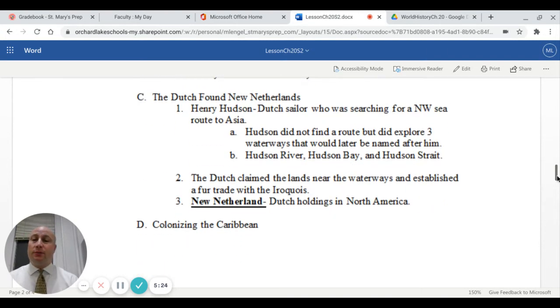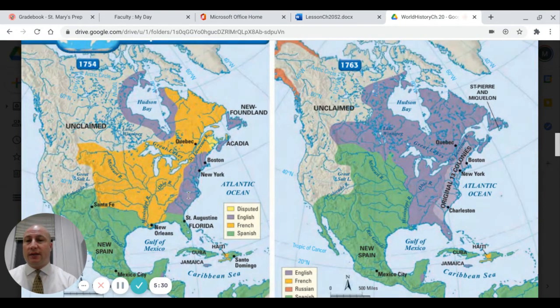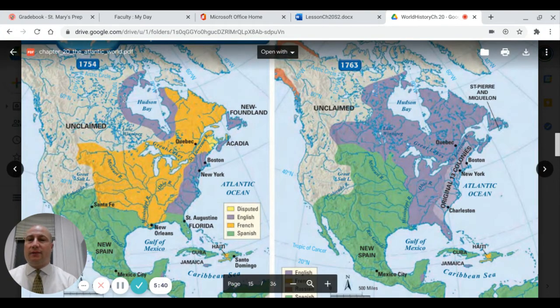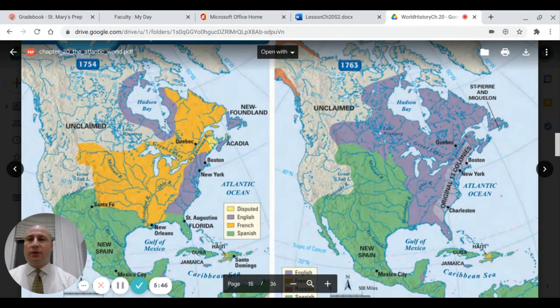Now, we're going to move to the Dutch. So if you look at the map here, you see that eventually the English get this coastline here, and they also have the region of Newfoundland up in here. So they're kind of on the outskirts of where, of course, the French were. And then eventually you also have up here the English taking this region as well. Okay, and the Dutch would come into these regions as well,